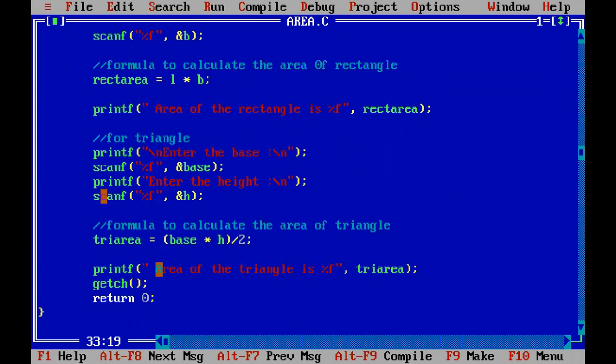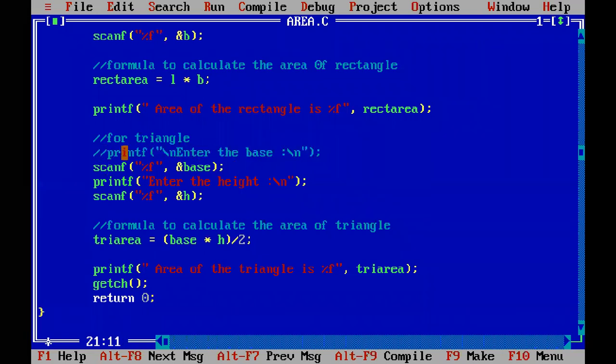That means just as we can comment a single line using double backslashes, you can also do the same for a paragraph. Paragraph means a sequence of instructions also. So for that you will not use double backslash. Double backslash is for a single statement. If you are giving double backslash, then it will be for a single statement. So for every statement you have to apply this. It will be very time consuming.